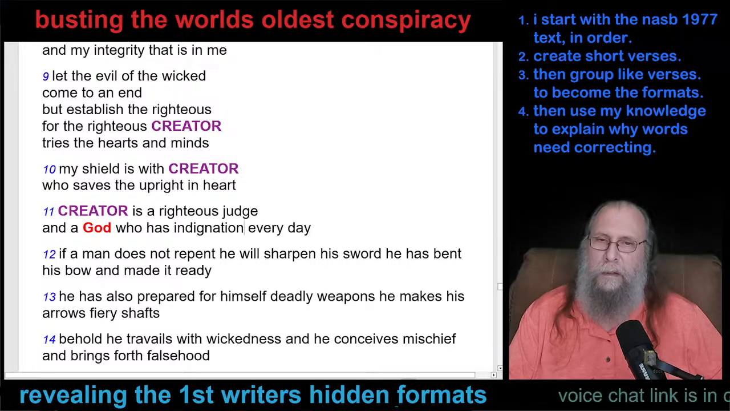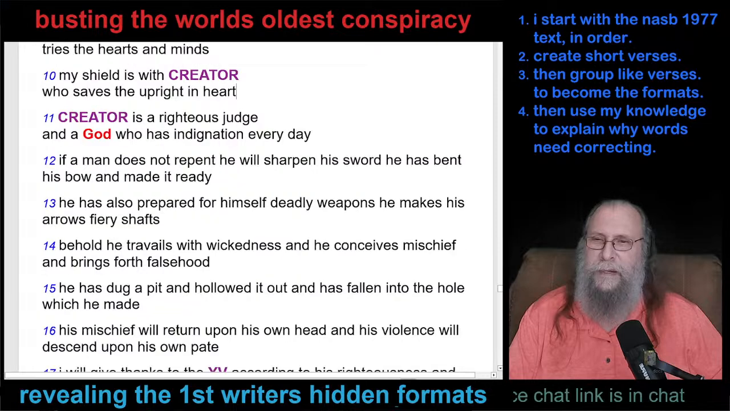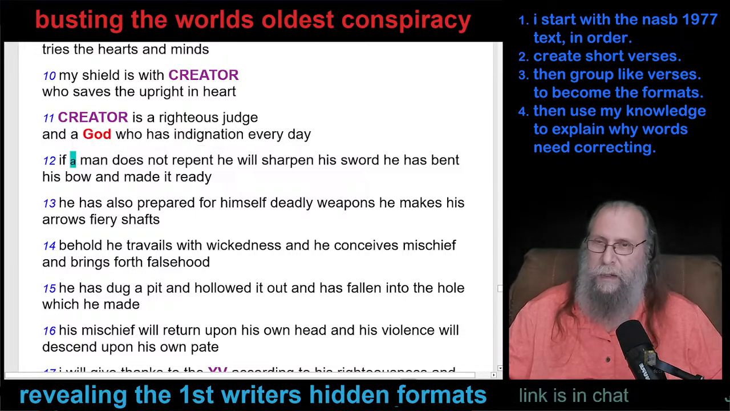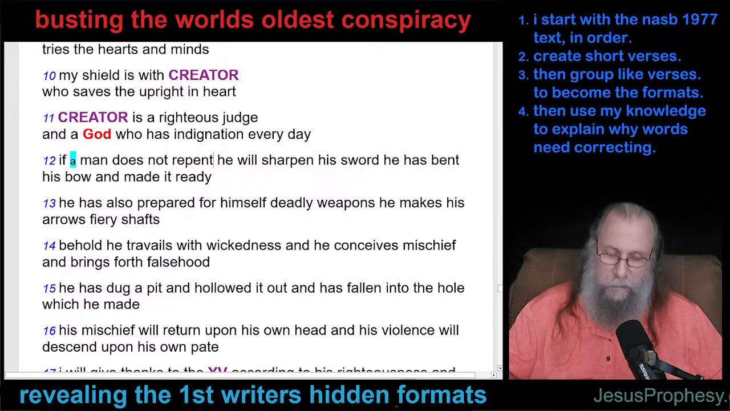Well, that, and a God who has indignation every day, I think that's going to be gone. Okay, that's out of place. If man, not a man, that means singular. That's a secular word, man. Now if man, that means male or female. Our Creator defined the word man by saying, I created man, male and female. If man does not repent,